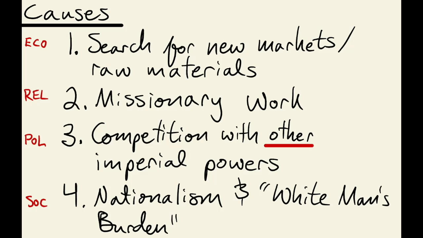Number two, religious causes. Again, like with old imperialism, there is a desire to spread Christianity, and so missionaries are going to move into Africa and into Asia to try and proselytize. Now, this is going to be used as a justification for colonization because as missionaries go into these civilizations, they're not always going to be welcome, okay, because it's a foreign culture.